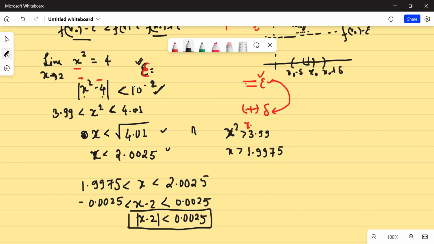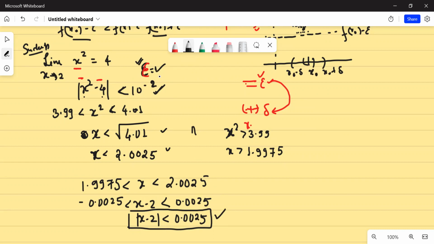So I'll put this conversation in this way. Sudeep says that limit x tends to 2, x square is 4. So Harshit says, okay, I will have faith in you, provided you tell me that the distance of x square and 4 is small. So I'll say how much small. So Harshit says, okay, I will believe you, provided you somehow prove that distance of x square and 4 can be made less than 10 to the power minus 2. So I said, yes, I can make it less than 10 to the power minus 2, provided distance between x and 2 is less than 0.0025. So for your given epsilon, I am in a position to give you back a delta.